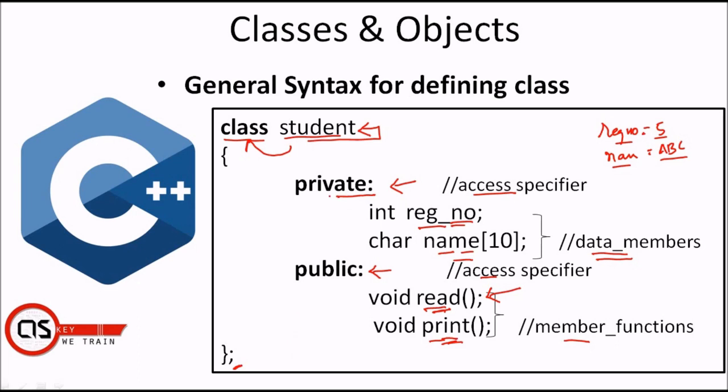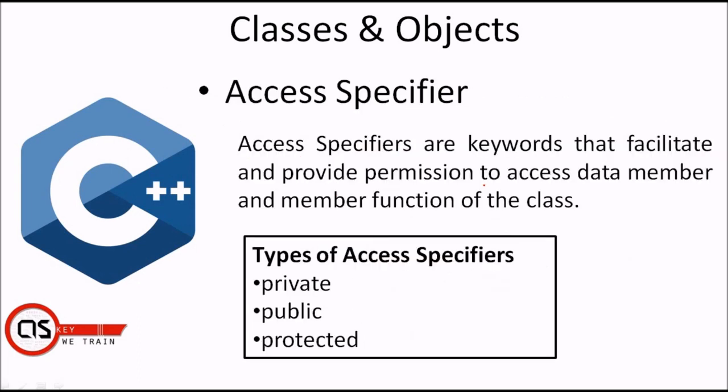Now let us discuss the access specifier. I had given you the meaning of a data member and of a member function. Now why do we need this access specifier? What is the meaning of this access specifier? The difference between object-oriented and procedure-oriented programs is that object-oriented programs provide better security for your data. To provide security for the data so that you can hide your data, and only the minimum set of functions can access your data, we are going to take the help of access specifiers.